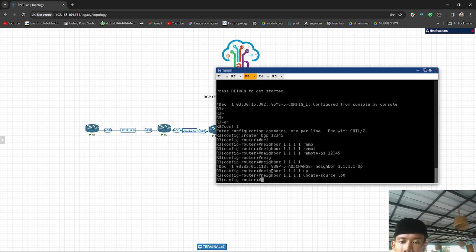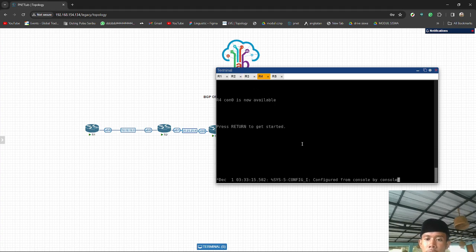And there's another notification that it is already connected to neighbor 1.1.1.1 adjacency.